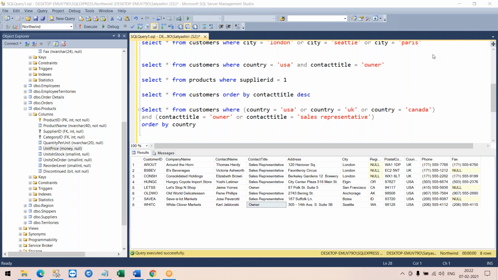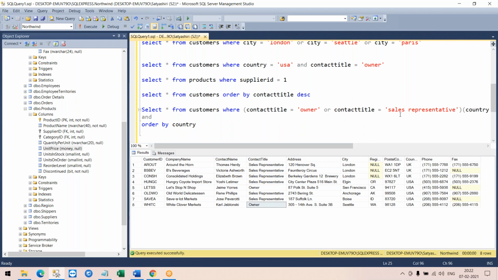This is like order of operation, right? Whatever is in the parentheses operates first, and then the others. Yes. So basically, you are distinguishing the conditions to be met in one set. This is the first set, this is the second set. It doesn't matter what order. I can give contact title first and then country, or this way. The order doesn't matter. You are just distinguishing your filter conditions. You have so many conditions to meet, so you are filtering it out. Okay.